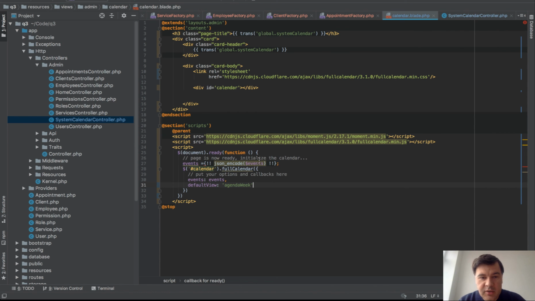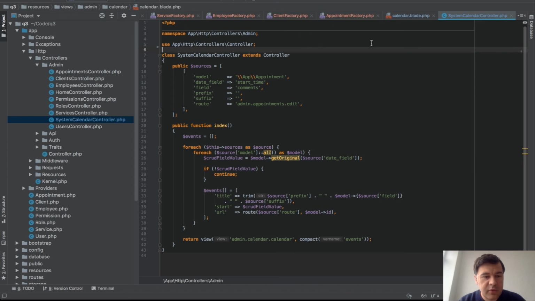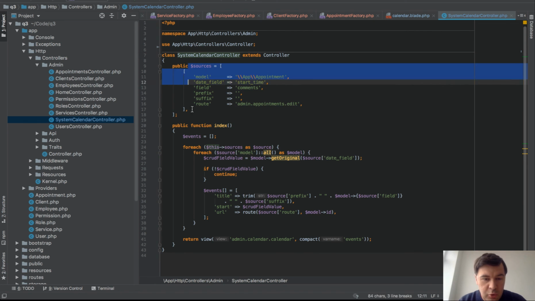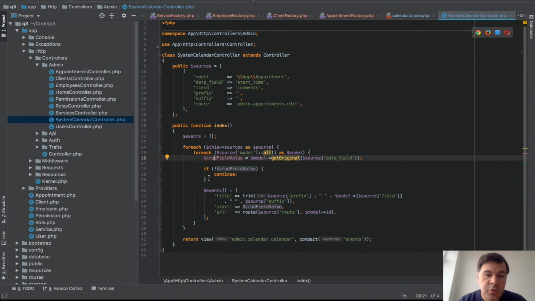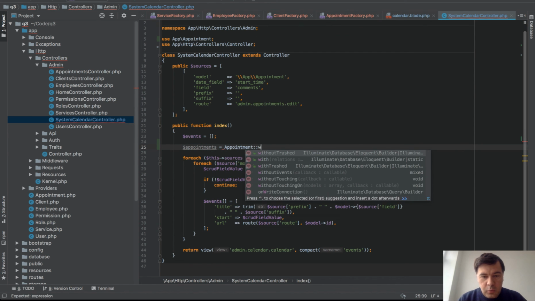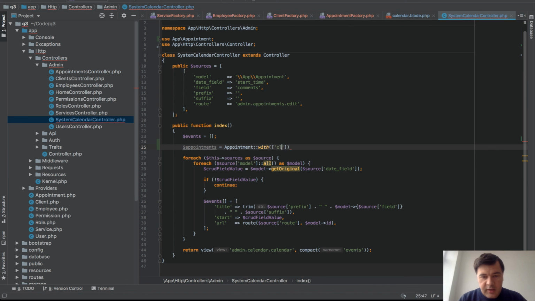And we do that by going to our controller. We have the SystemCalendarController, which we actually need to change somewhat, because system calendar again is from QuickAdminPanel and it generates the calendar from a lot of sources. In our case, it's much more simple. So we have one source, appointment, and we just need to do that. So we do appointments with client and employee as a relationship,